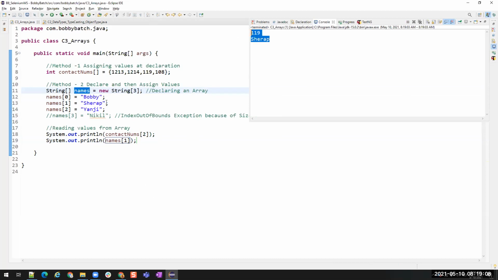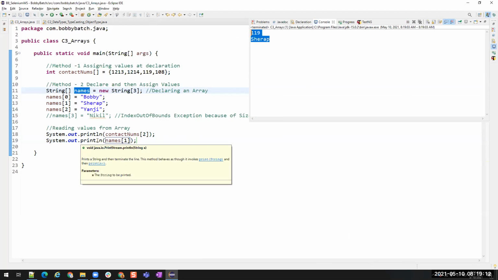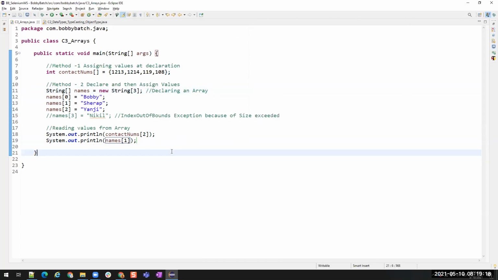So, understood how to create arrays and how to read values from arrays? If you do not have any questions, I'll continue with the next part of arrays. But if you have any questions, let us discuss those.